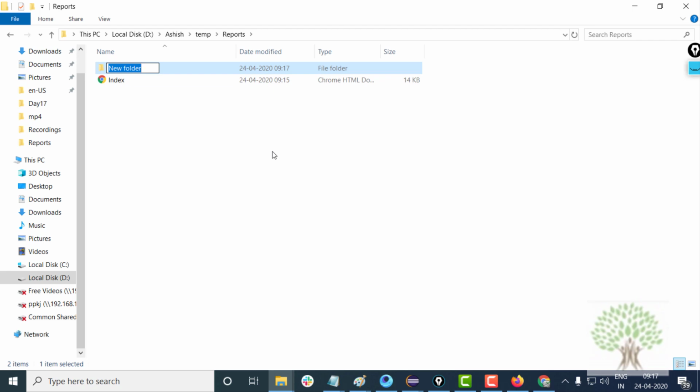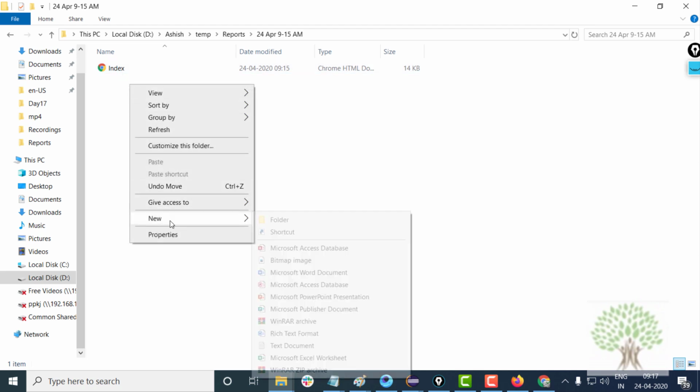So what we are going to do is make a report in this format. That is, we will make a folder like today's 24th April. Say it's in India, it is 9:15 a.m. So we will make a folder like this right now, and inside it you will keep the report, the HTML file. So every time you run the program, automatically we will generate a new folder based on the timestamp, and we will keep the reports in this.